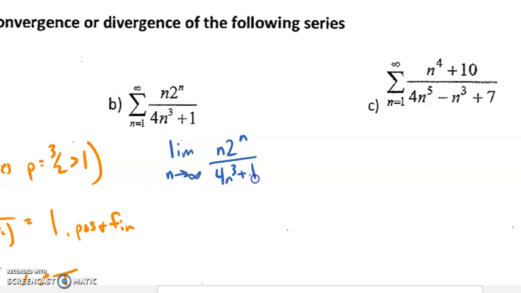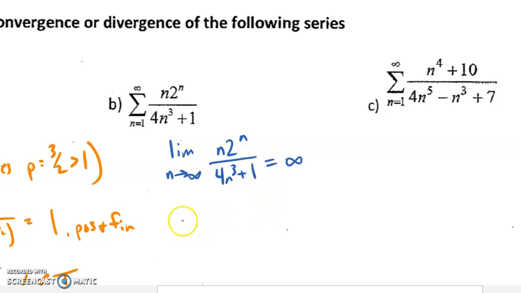This is definitely an infinity over infinity, but what sort of infinity over infinity? We've got n, which is linear, times 2 to the n, which is exponential on the top. Linear times exponential is pretty big. In fact, even if that n weren't there, if it was just the exponential, that's going to beat this n cubed any day of the week. Exponential is always bigger than cubic, right? Think about that hierarchy of infinities. So if the bigger one is on the top, oh gosh,